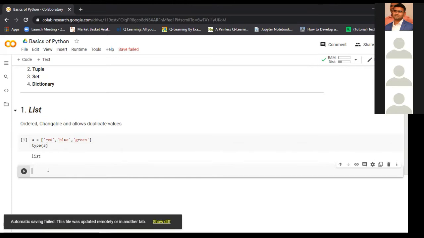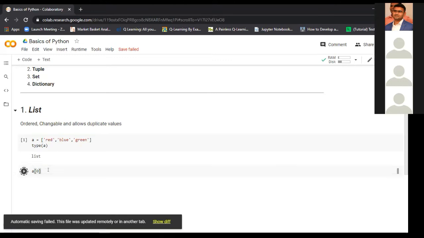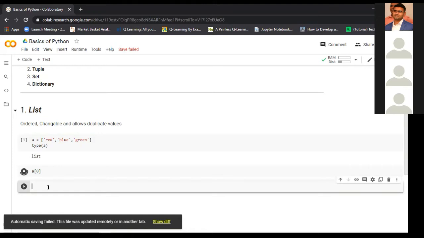It is ordered. As Nikhil told yesterday, indexing starts from zero, and with a string we can access its characters letter by letter. So let's access that here. Let's see what A0 is. It is showing red. Now let's see what A1 is.